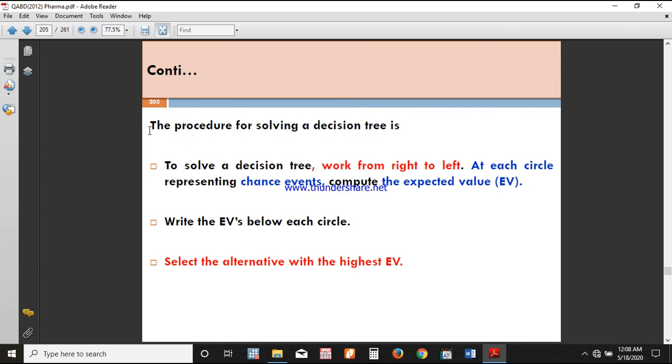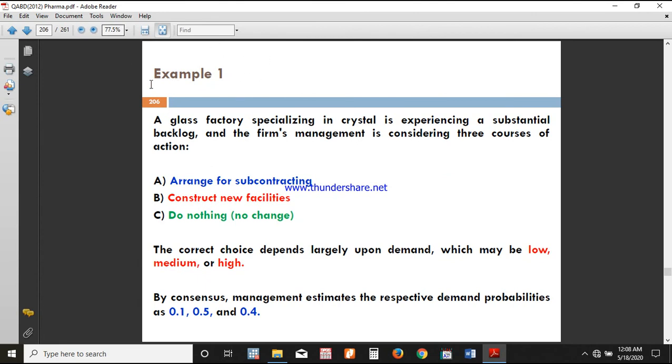Therefore, the procedure for solving a decision tree is these three steps that you should bear in mind. To solve a decision tree, you work from right to left, and at each circle representing a chance event, compute the expected value. In the next step, write the EV below each circle and select the alternative with the highest EV value. For example, we can take this company which is producing glass with different courses of action,